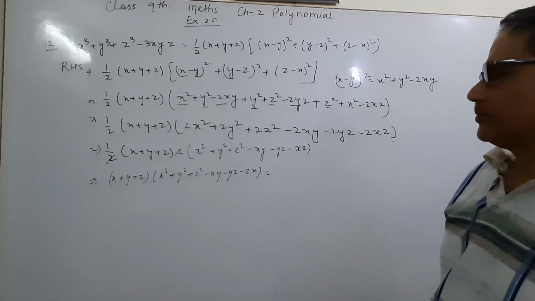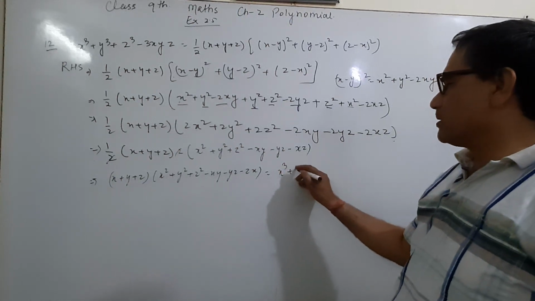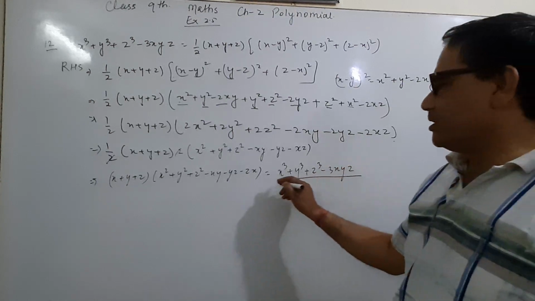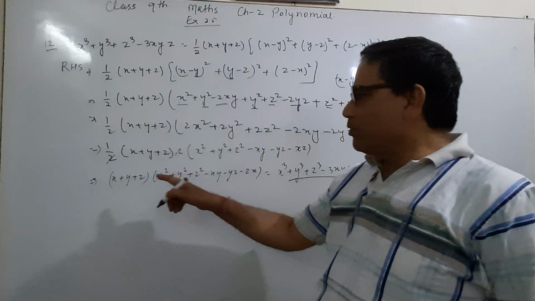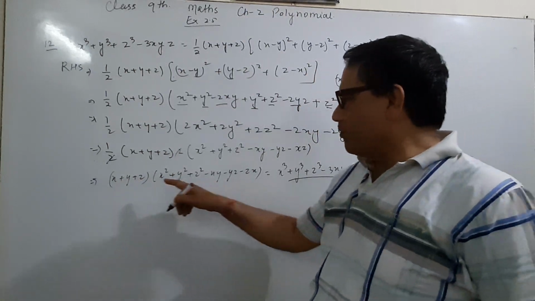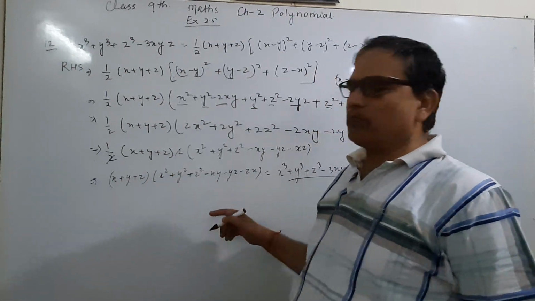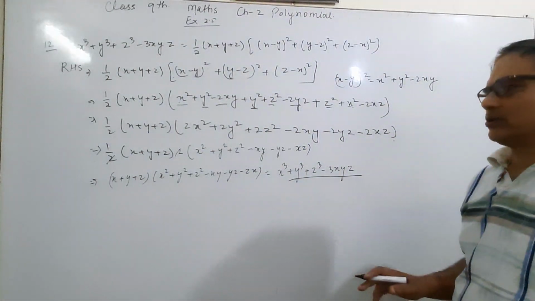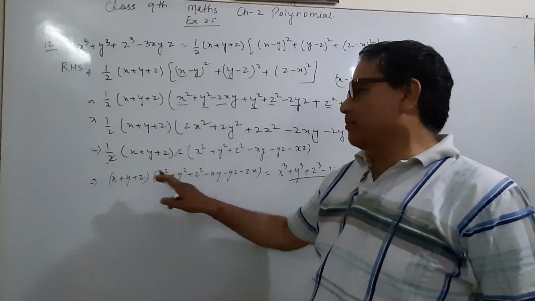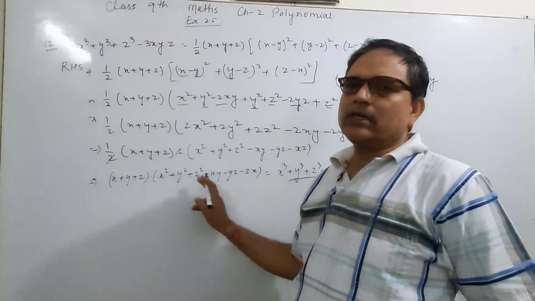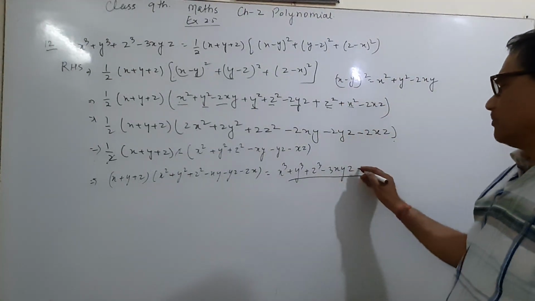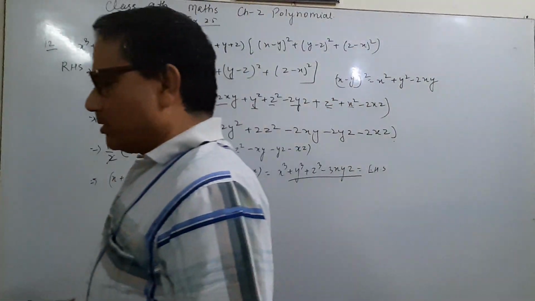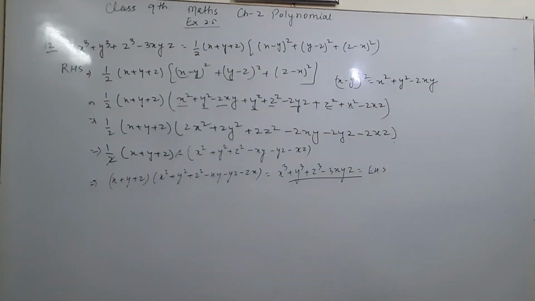And now this is equal to, I think you know, x cube plus y cube plus z cube minus 3xyz. This is the identity. Or you can do it by multiplying x with all these terms, y with all these terms, z with all these terms. So all will cancel and the remaining will be this. Either you can solve by multiplication, multiplying each and every term by x, by y, by z, then you will get the answer which is equal to the LHS. Verification. And now move to the next question, number 13.